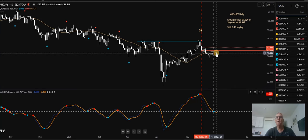So what I did on Friday, I just placed a stop above that high there. So I've reduced my risk on the trade. Previously had no stop, so now I've got a stop in play, and I've still got the full position size in play. If it popped down, if this had closed a bit lower on Friday, I would have then considered